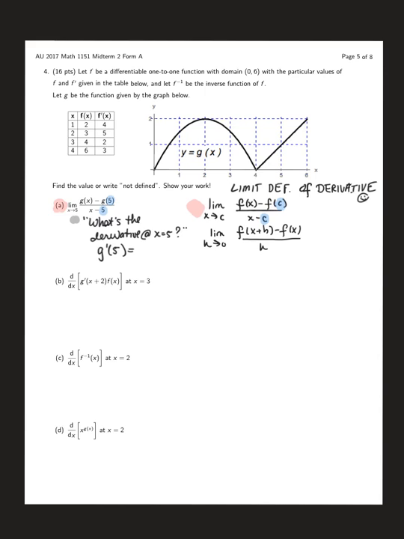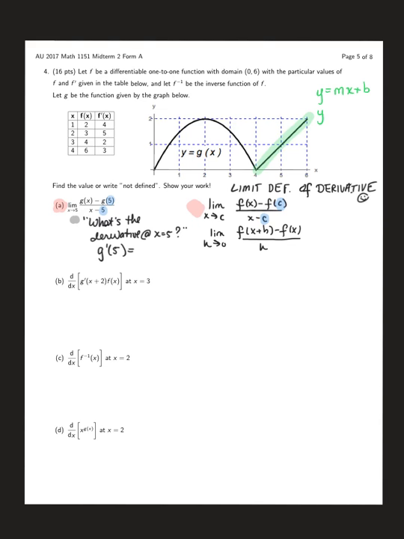We say that this here is a linear function, right? So if you think about a linear function, it would take on the form y equals mx plus b. So if we want to know the derivative at any point on this line,